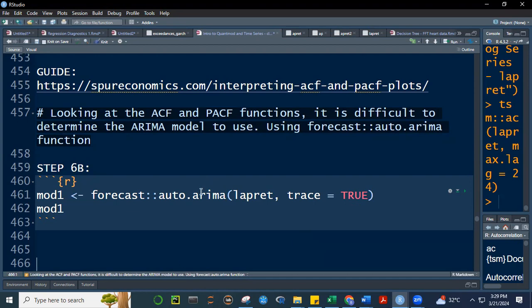So enter auto.arima. Auto.arima, class, allows us, kayo na lang magsulat, ha? I'll not share that with you para masulat nyo rin. Auto.arima function allows us to, si computer na, si R na mag-generate ng iba't ibang possible na models, no? Okay, and let's remove first trace is equal to true. Log APRAT. Take note, class, be careful, ha? Ito yung minomodel natin. Baka magkamali kayo, AP yung lagay nyo, no? Alright, if we run this, class,